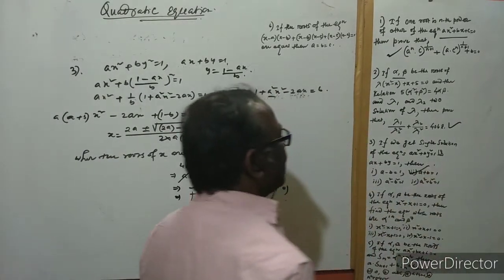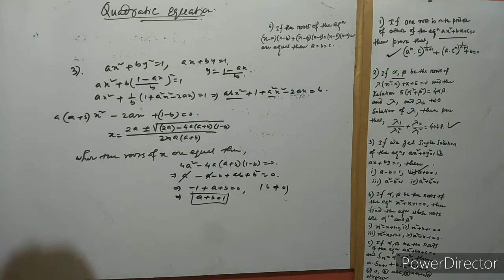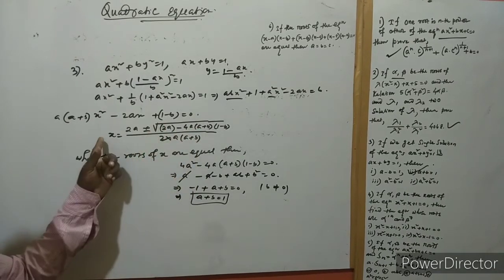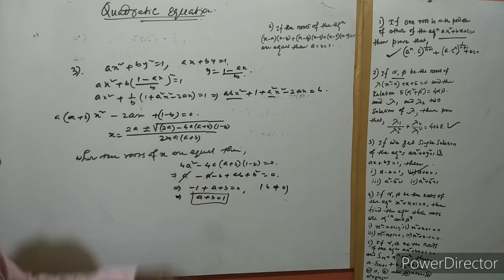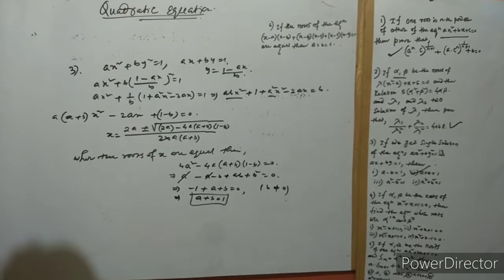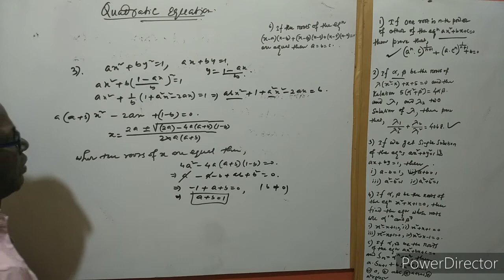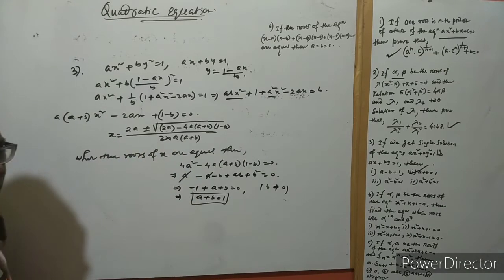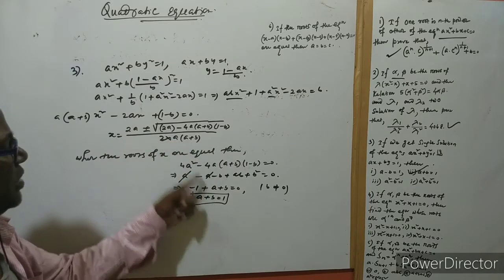Okay. Now, there is also some point I also introduce to some questions. This is the condition, and what is the value of x here? Then we can say that the value of x here is twice a by twice a into a times of a plus b here. As a plus b is 1, we can put here, so twice a by twice a cancel. Then we got x equal to 1 here. Okay. If we put the value, we got here x equal to 1. We apply these rules, and x is equal to twice a by twice times of a, and a plus b is 1. See carefully, okay?